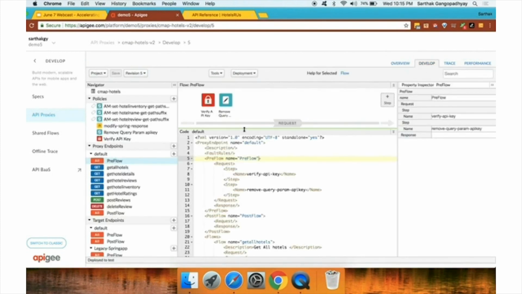So if I go into my proxy definition, it is relatively simple. I have a verify API key policy, where my app authentication and authorization mechanism is an API key. I'm checking whether the API key with which the call is coming is valid, what API it has access to, and things like that. And then there are a few other routing things and a few other simple policies over here. I'll not go into a whole lot of details of all the policies and the flows which are set up. Rather,